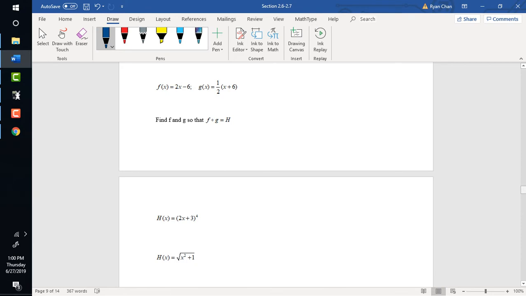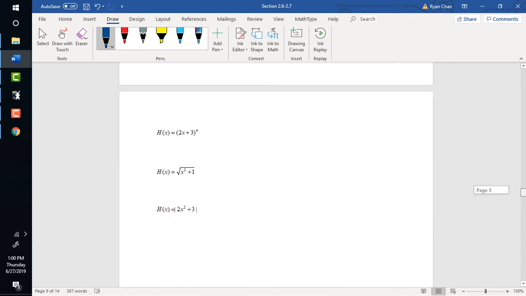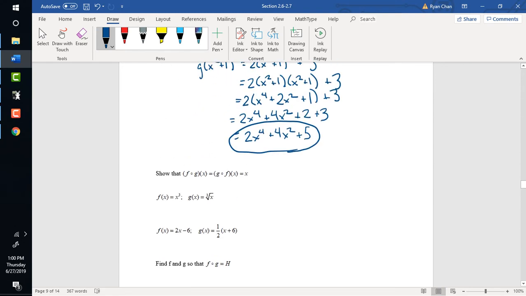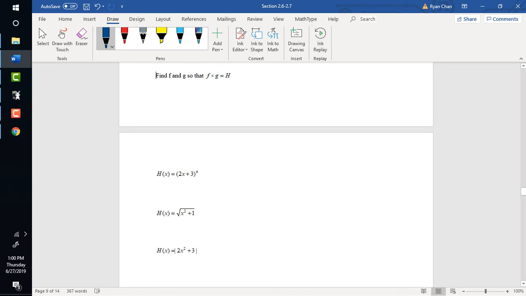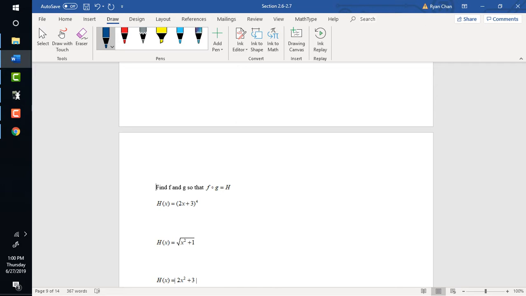Let's look at the following. This is not as important compared to the one we just did, but there are some problems you may run into where it says find f and g so that f of g is equal to h. So the idea is I have this function such that I want to find 2 functions such that when I do the composite, it's going to be h. So if I do f of g of x, I want it so that it becomes